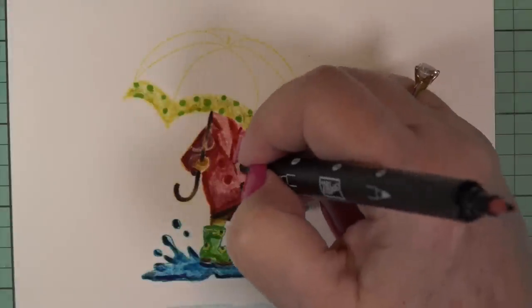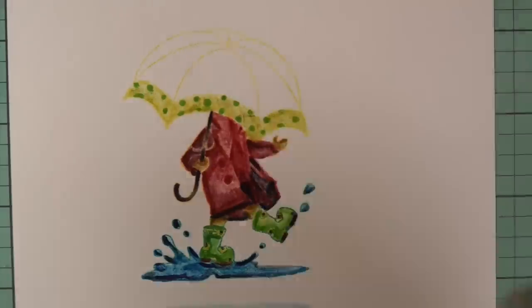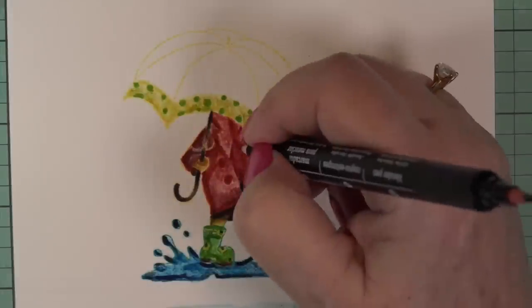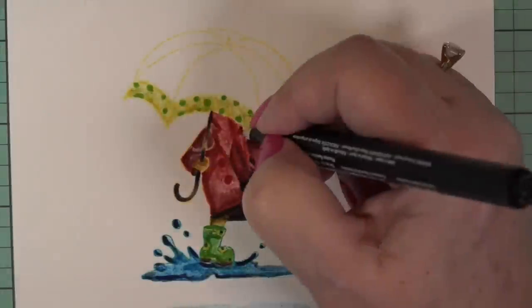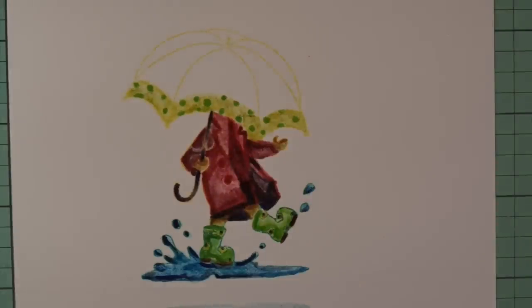So you just think about that when you're doing your shading. And don't get too crazy about worrying about where all the shade is. Just use your imagination and it'll all come together. And then to make this vintage coppery look, and the reason why I keep saying copper is I am going